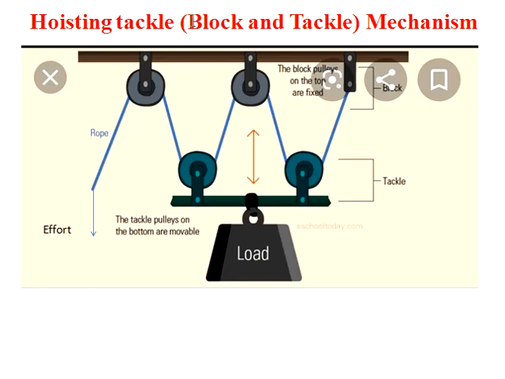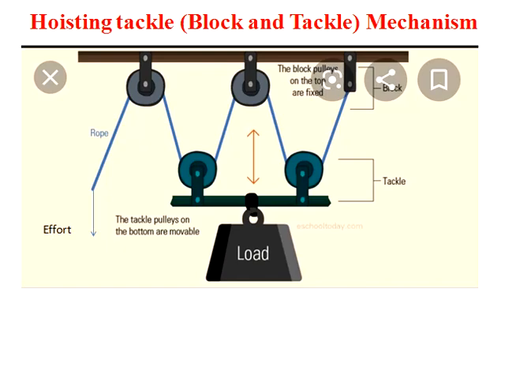This block and tackle mechanism consists of one upper block and one lower block. The lower block is also known as the tackle. A number of pulleys are connected to the upper block, and these are fixed pulleys. You cannot move these pulleys. Whereas the pulleys connected to the lower block or tackle are movable pulleys. These pulleys are connected with the help of one rope as shown in the figure. The load is connected to the tackle, and we apply effort or force to lift the load at one end of the rope. Because of this arrangement, the effort required to lift the load will be minimum.